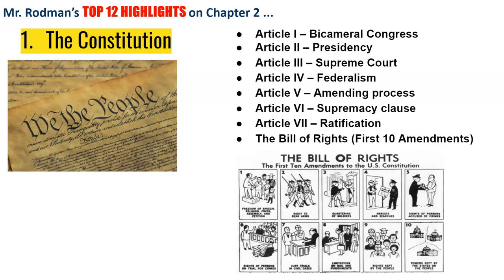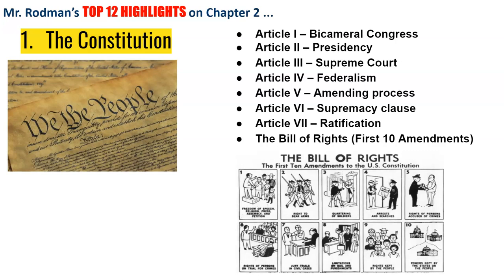So this is really the heavy lifting of the government right here in Articles 1, 2, and 3. Again, designed to be co-equal branches of government, no branch designed to be any more or less powerful than the other, and a lot of checks and balances in place to keep them in check so that they are co-equal branches, as the founders and framers had by design.